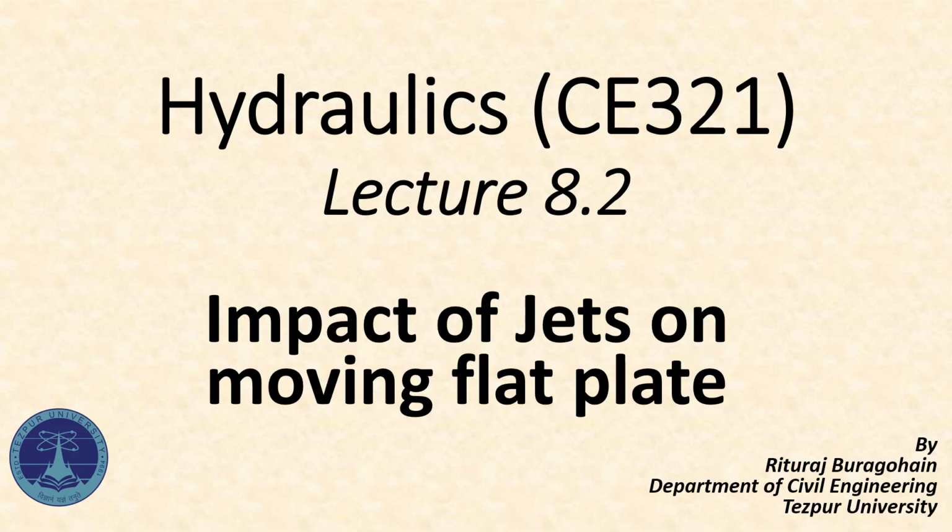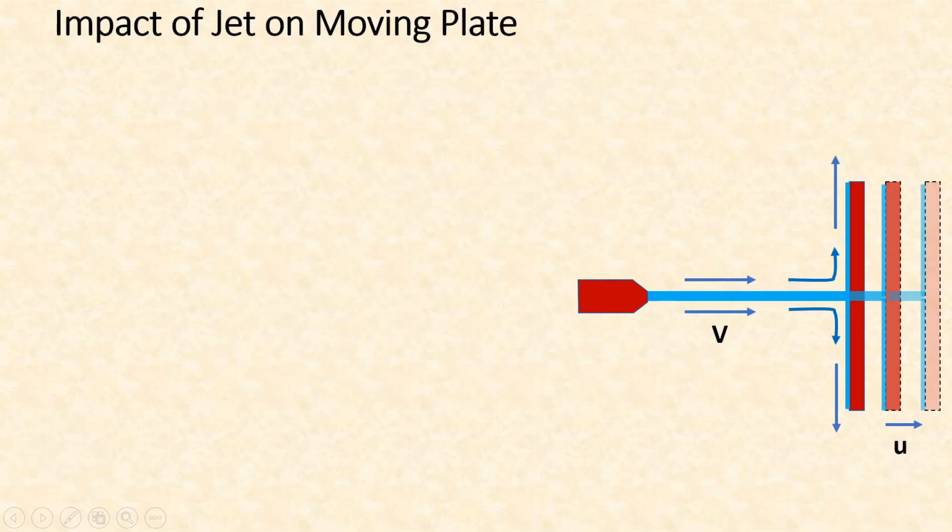Hello everyone. In this lecture, we are going to discuss this topic of impact of jets when the plate is moving. So, if a plate is kept normal to a jet and it is free to move in this direction, and suppose the velocity of the plate is uniform and is given as u, the magnitude of velocity is u, and